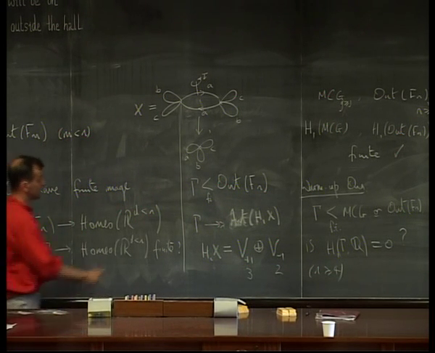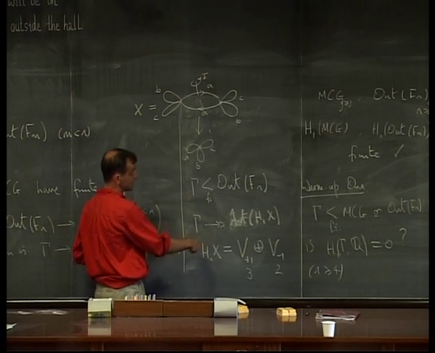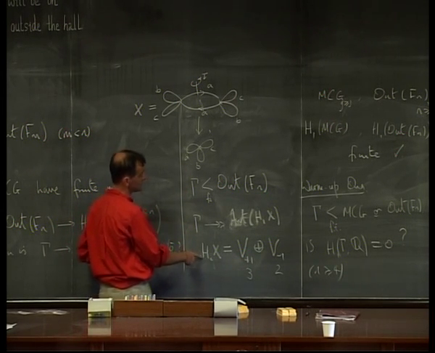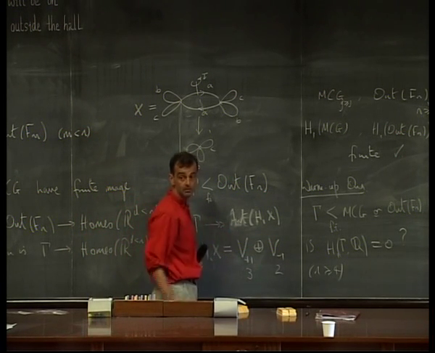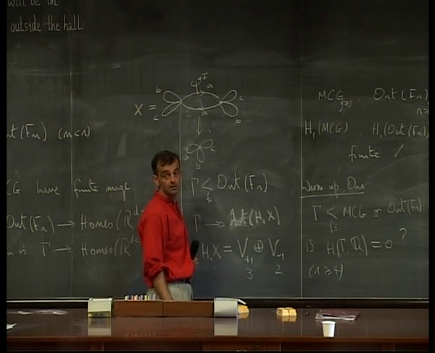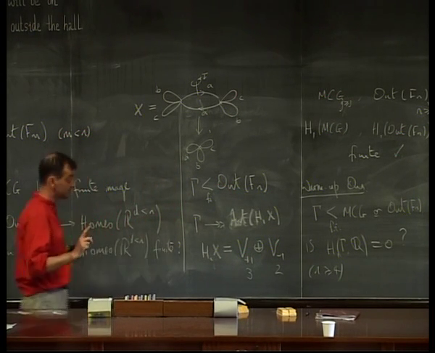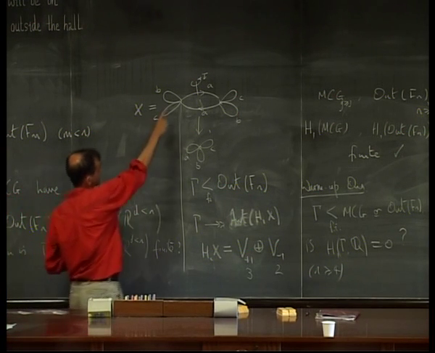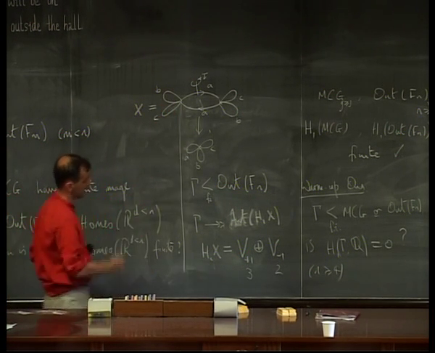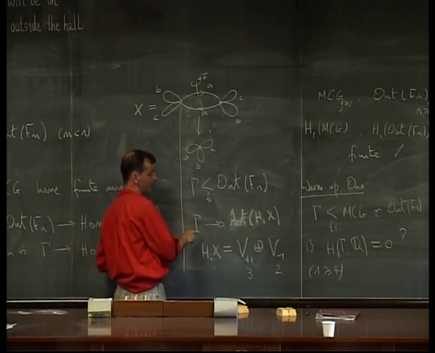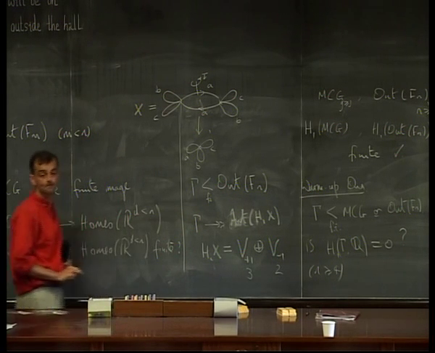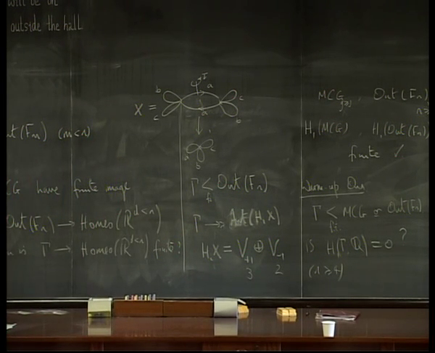Now this subgroup is preserving that splitting because it commutes with tau, which means you get an induced map from this gamma onto GL of this -1 eigenspace, which is GL2. So this means Out(F3), it's not obvious it's onto, but it's not so hard to see. You just take a Nielsen transformation, one of these handle slides, they generate the image. So actually, Out(F3) has a subgroup of finite index which maps onto GL2Z. So if I go into a subgroup of index 6, following that back, you get a subgroup of finite index in Out(F3) which maps onto a free group of rank 2.